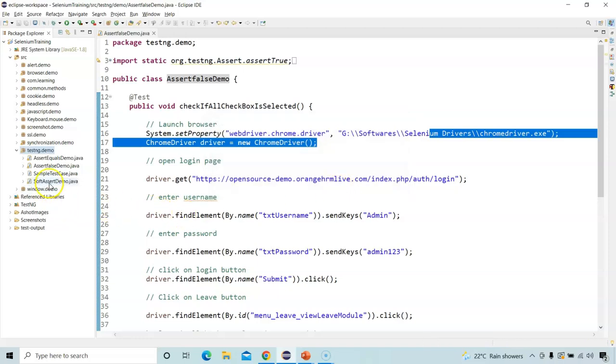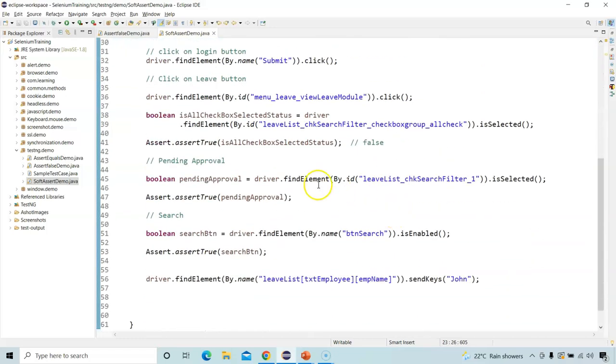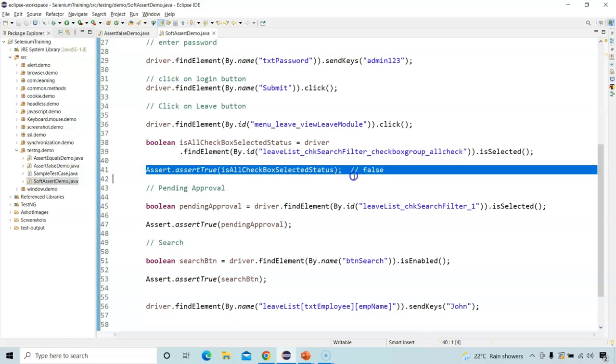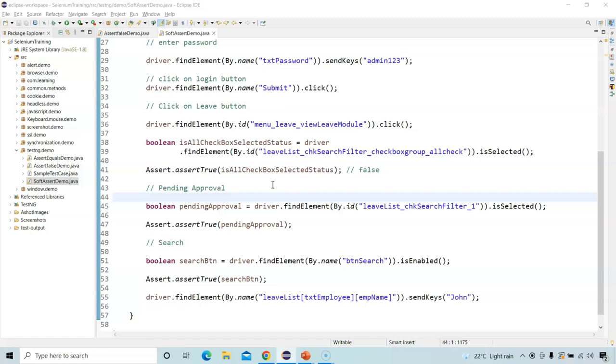So now you can notice the soft assert demo class has been created, right? And here I'm using hard assert. So I want to replace my hard assertion with a soft assert. To use the soft assert, TestNG provides a class SoftAssert whose object needs to be created. This SoftAssert class contains all the assertion methods which we have seen in the previous videos. It contains assert true, assert false, assert equals, assert not equal. So whatever assert methods we have discussed as of now, all these methods are applicable for the soft assert as well.